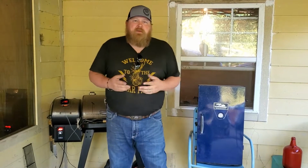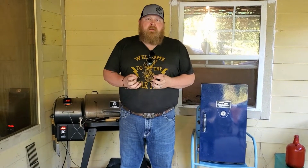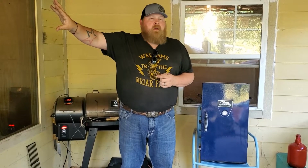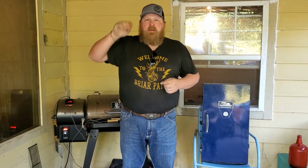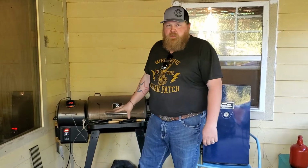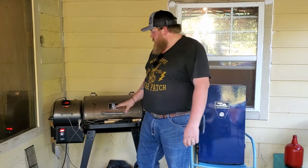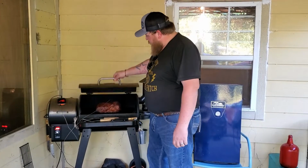Jesse Duke here. I've been into smoking meat for a long time now, and I have my big offset smoker out over here, but I recently bought this pellet smoker, and it was pretty cheap. I bought it on Amazon for about $350. I've got a nice pork butt on it right now,